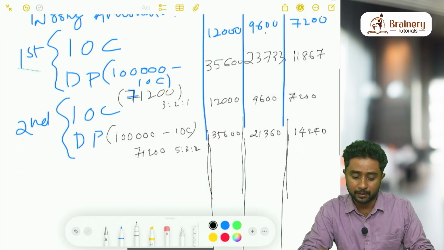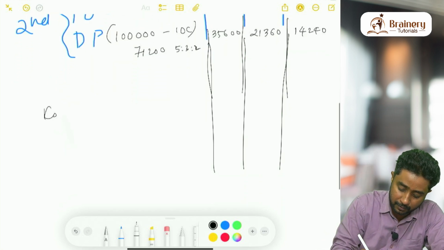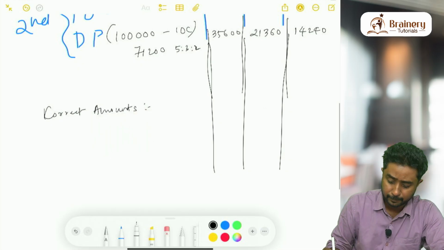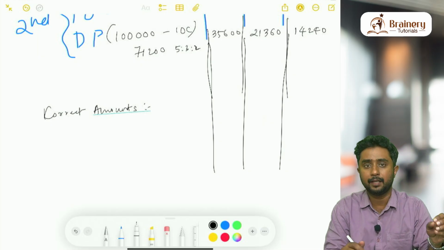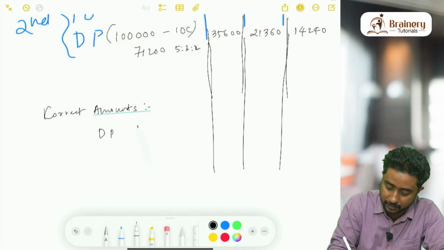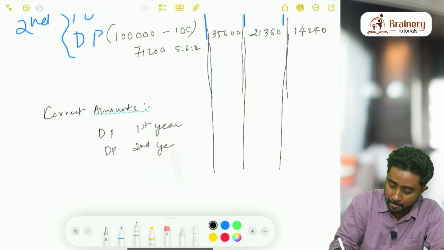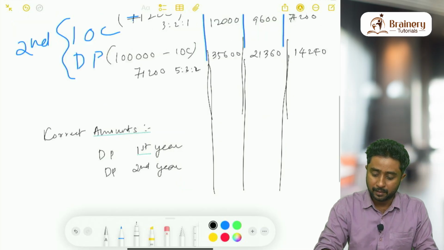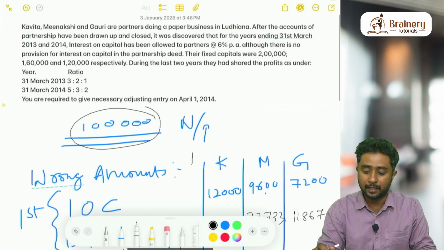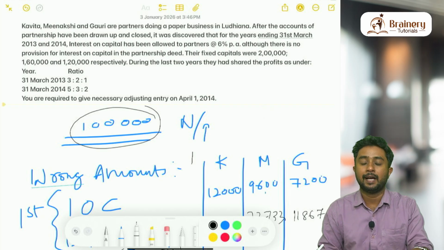So we have done all the wrong amounts that were recorded. Now we have to write all the correct amounts. Correct amounts means the amounts that were supposed to be there in the accounts. When writing correct amounts, we need only the correct divisible profit for the first year and the correct divisible profit for the second year. How do we calculate the correct divisible profit for the first year? If the net profit is 1 lakh and in the correct case we don't have to give any interest on capital,